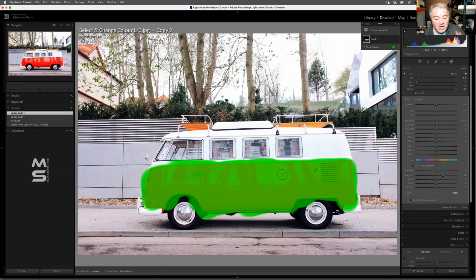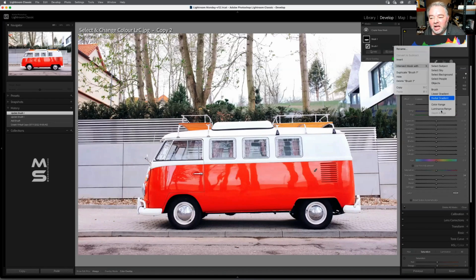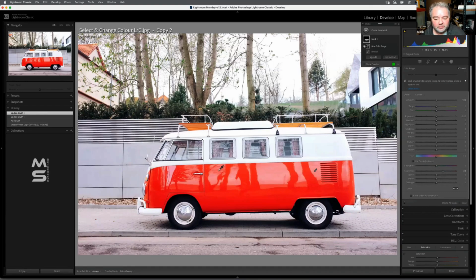Now this is just one way to do this. I'm going to turn my overlay off, and I'm going to add myself a color range. Within that range, because I'm on this mask, I'm going to select quite a large area of tonal color. That's a color range. So the pipette comes up, I click, I hold, and I draw a largish rectangle,